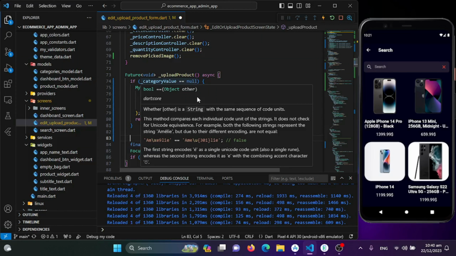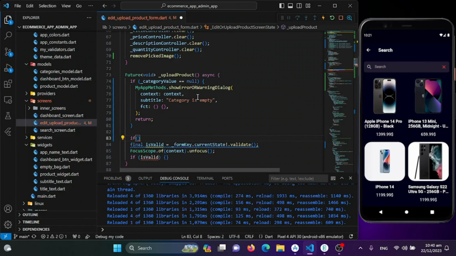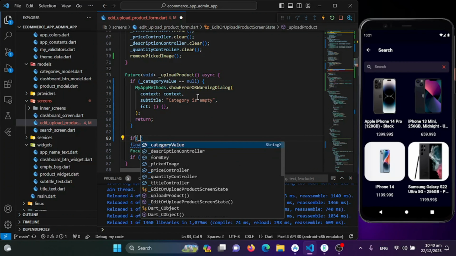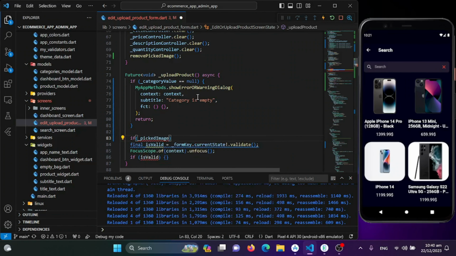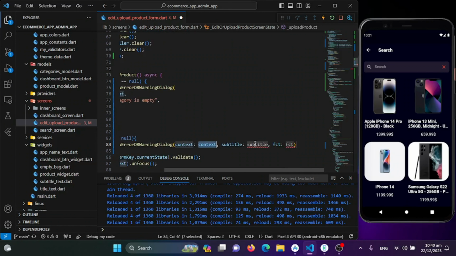So now we will be just checking some other conditions. If the picked image is equal to null, it means there is no image selected there. So now we will also just show a warning or the error message there that please pick an image. So for that I'll be just writing please